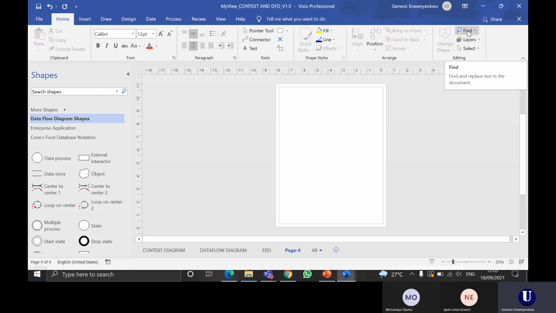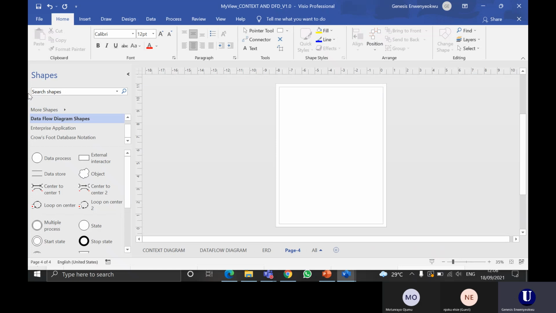So this is Microsoft Visio. There are different tools we use in doing our models. We have Visio, which is the legacy or most common type of modeling tool we have in the world. And we have Lucidchart. I'll also show you guys Lucidchart. We have diagrams.net. Lucidchart and diagrams.net, you can use them online, right? But for Visio, you have it on your system. You have to download and install, and then you use them. For you to actually draw a use case diagram, you go to